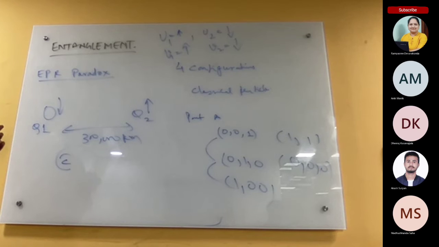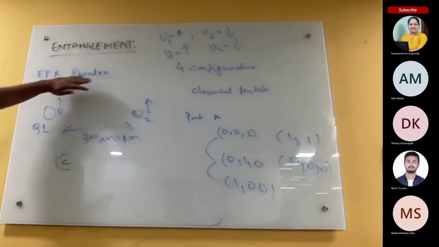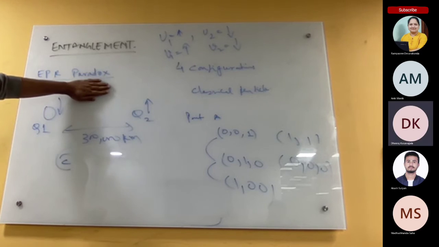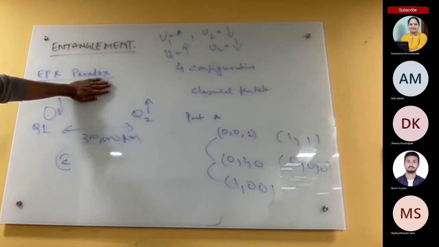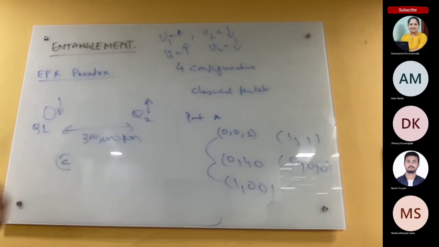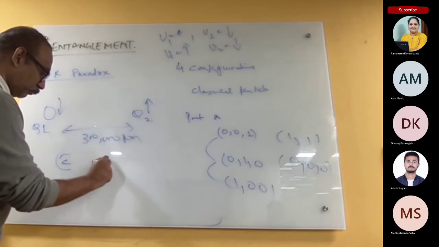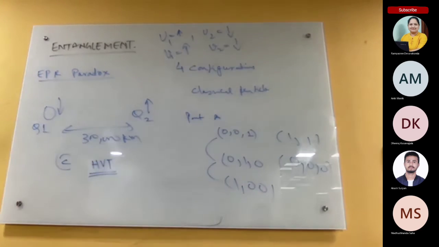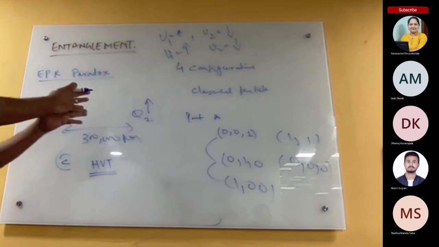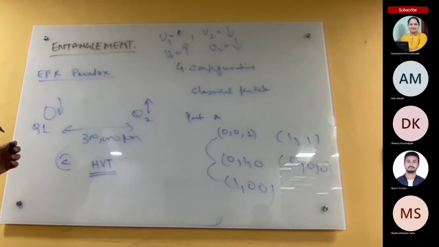And all of this again boils down to the fact that Einstein felt about the hidden variable theory, that there is something hidden. What was the explanation he gave for this? Because he said this is not possible. The quantum mechanical view, which is based on superposition, is not possible. And he gave his own explanation, which became known as hidden variable theory. His explanation was, there is something inherent in these qubits